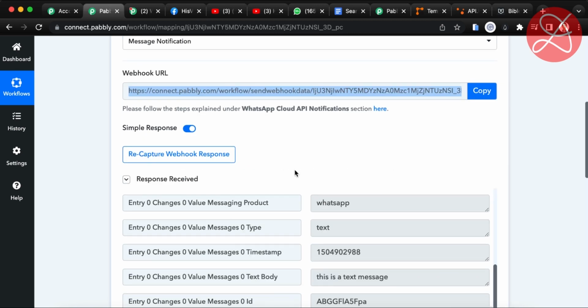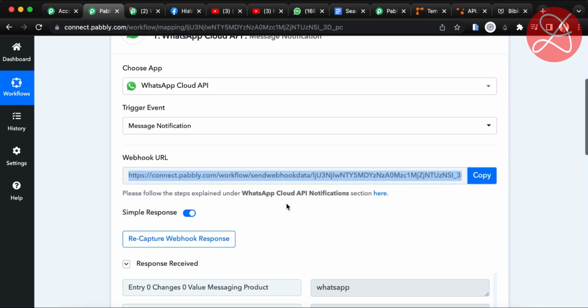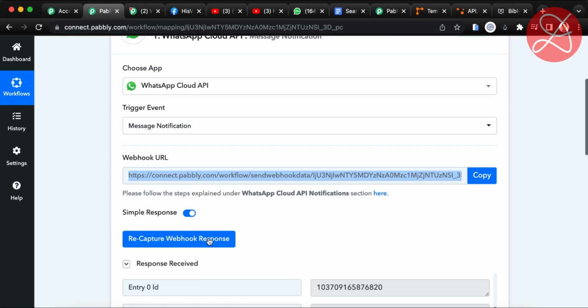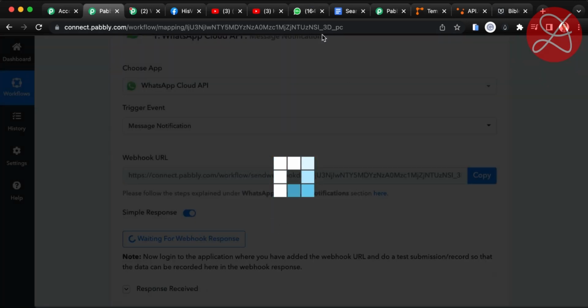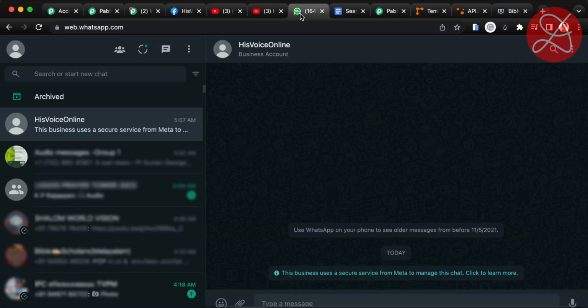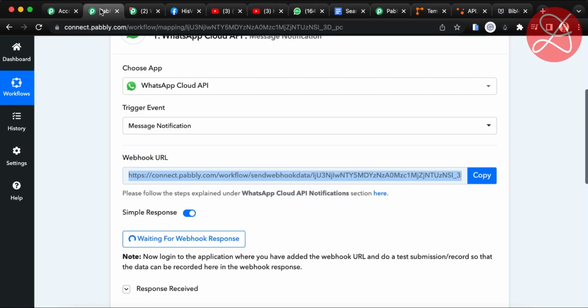Okay, this is a test message. Similarly, I can try sending a message from my real WhatsApp number. Now let me recapture the webhook response and try sending a message from my real WhatsApp number. Okay, this is Donnie. Now what it will do is it will send a notification to Facebook Cloud API and